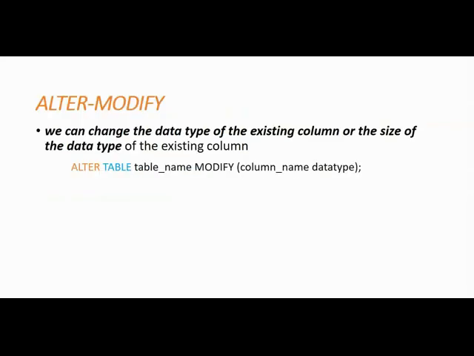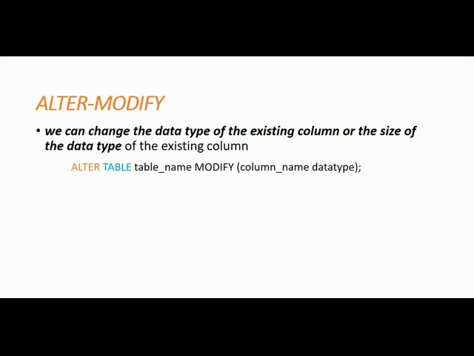So why do we use modify? Modify is used to change the data type of an existing column or the size of the data type of an existing column. For example, you have a column called ename, and initially you created the size of that data type as 12. Based on demand, you want to increase the name size of employees. So what will you do? Will you create one more database? No, you should just increase that particular column's data type size, to accommodate names of lengthy employees.